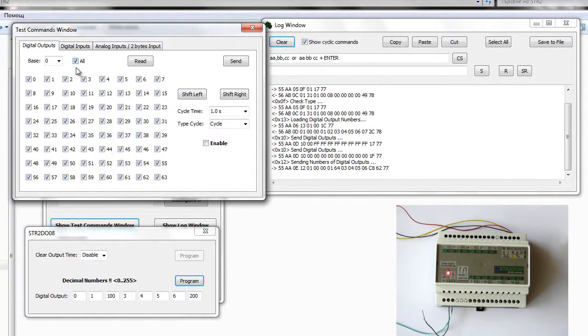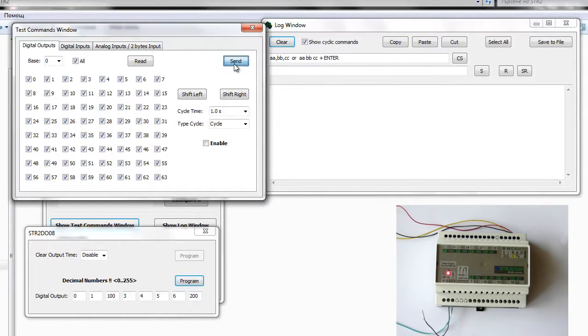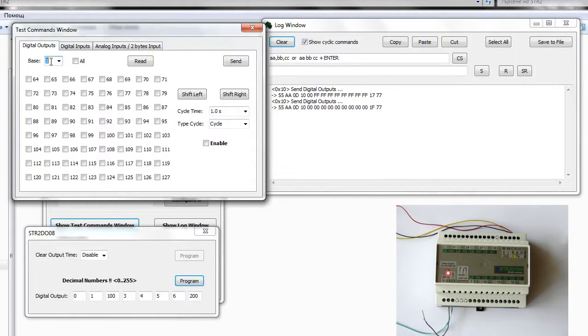Now if I send, because I will send only from 0 to 63 and here the number is bigger, all outputs except our outputs